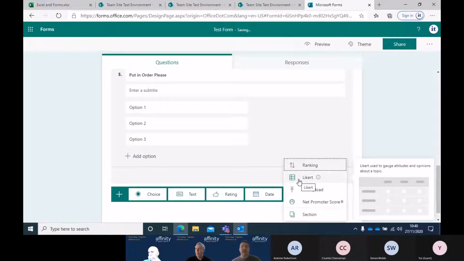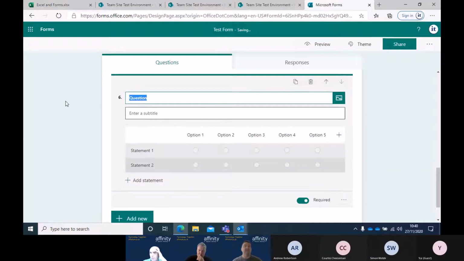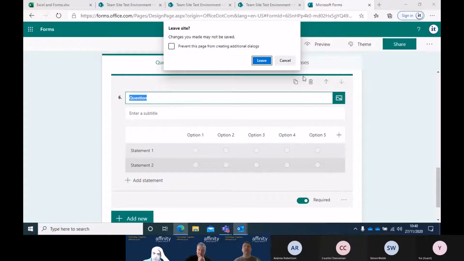Moving through them, you've got Likert, you've got file upload, you've got section, net promoter score. So Likert is the name for this. I didn't know what it was, but you use these sort of things. You put a question in and you give people options. Now this allows you to do lots of